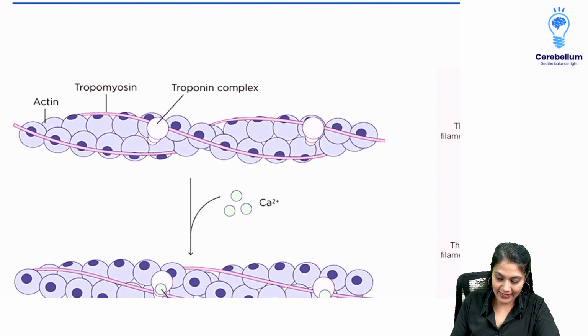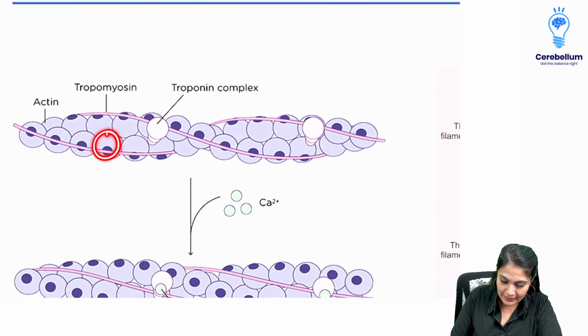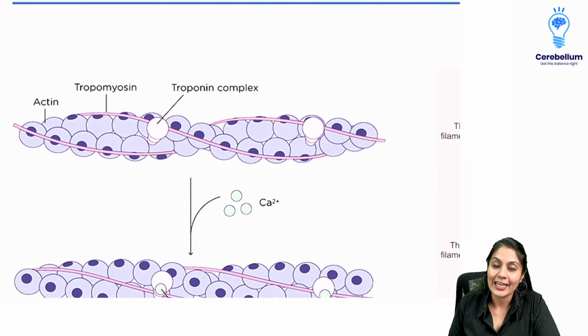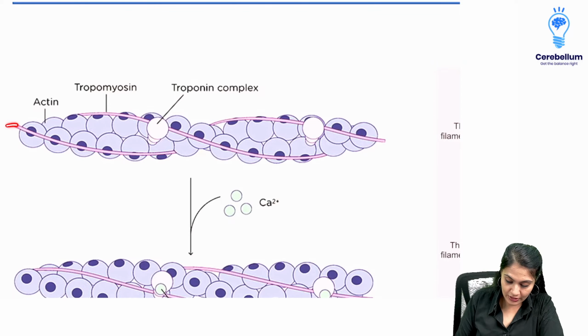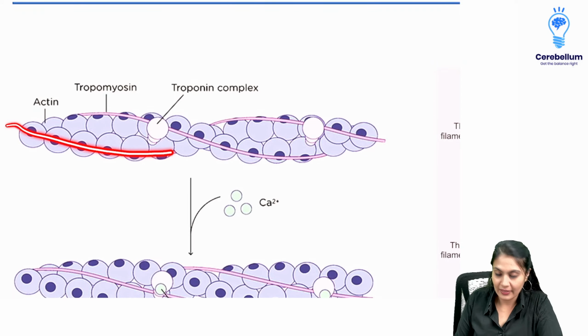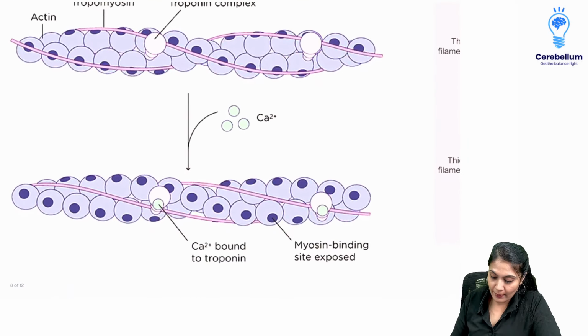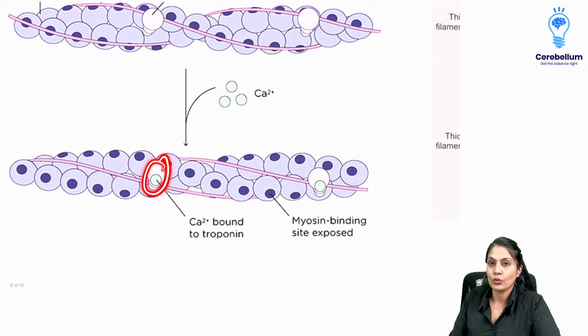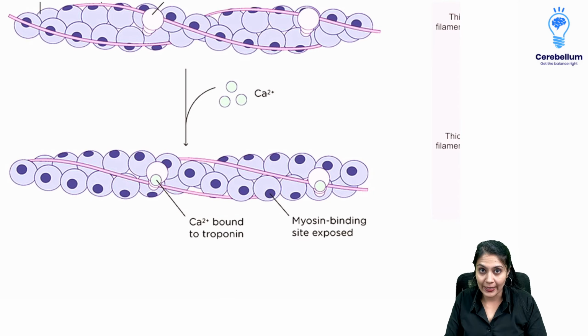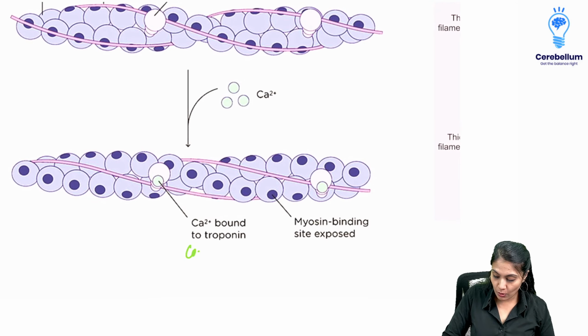Now see over here in the diagram, these are the actin molecules. The big ones are the actin molecules, and the dark purple or dark blue color that we are seeing over here are nothing but the active sites of actin, which are covered by the tropomyosin. Now, as soon as calcium comes and binds to this molecule over here, that is known as troponin, a troponin-calcium complex will be formed, and this complex,